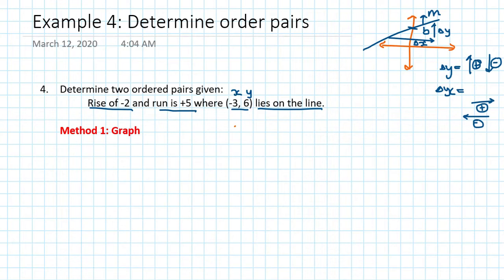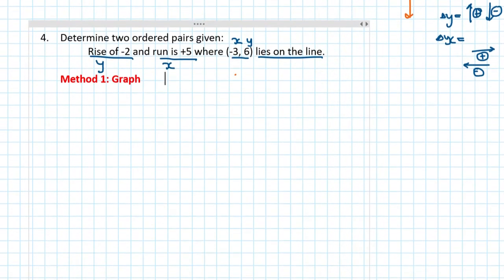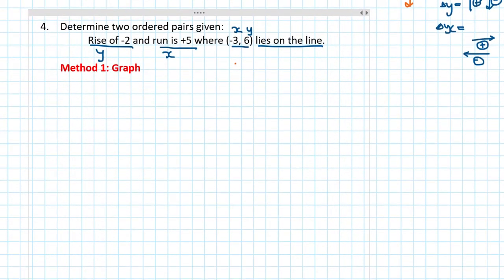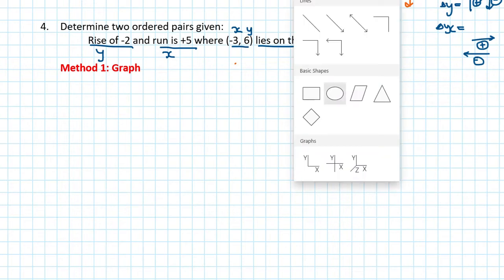When you say rise, that means we're dealing with the y, and if you're looking at the run, we're dealing with x. Once you recognize those key facts, it shouldn't be any problem dealing with the graph and how the graph method will be used to determine the two other pairs. There are other methods, but we're going to do the graph and the second method, which will be coming out soon. So looking at our graph,